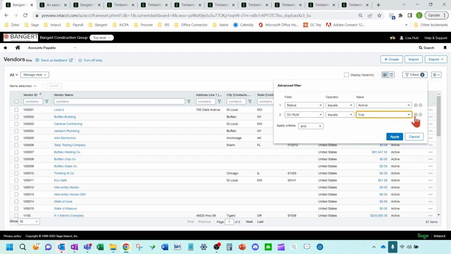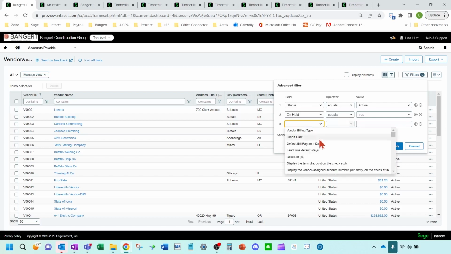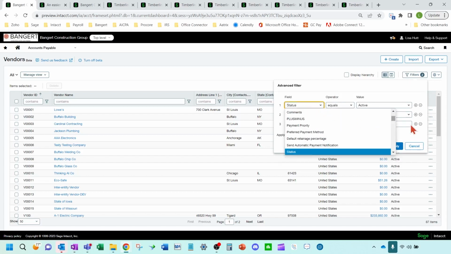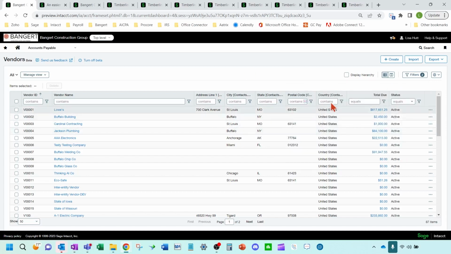You can just keep adding here, and you can say and or on the specific filters. Okay, so just look at your and or criteria down here when you're doing that advanced filtering as you're clicking through your different lines. Okay, so just to note there, a little more advanced filtering on the view of your list.